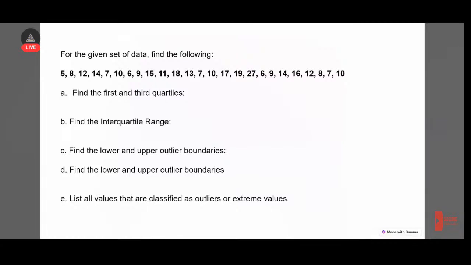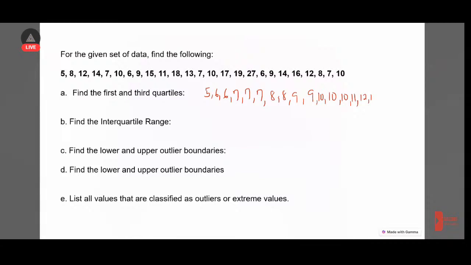Now, looking at this data set, the first thing we want to do is to find the first and the third quartile. To do this, the first thing to do is to rearrange the data set, because before you work with the quartiles, you need to rearrange the data set. By rearranging the data set from the minimum to the maximum, we have 5, 6, 5, 6, 6, 7, 7, another 7, and we have 8, 8, 9, 9, 10, 10, another 10, and we have 11,